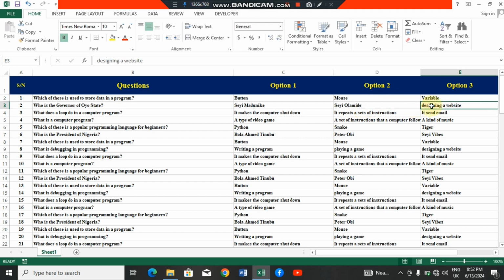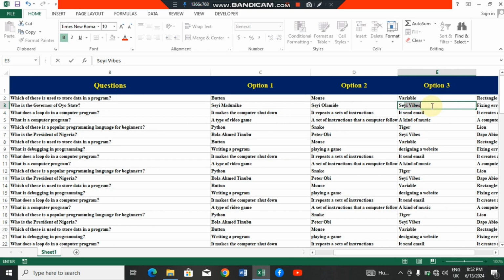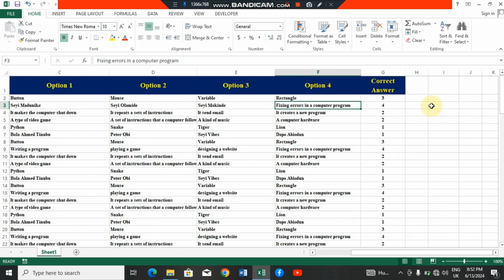Option 3, you can put Seyi Makinde, and then option 4, you put Dapo Abiodun.